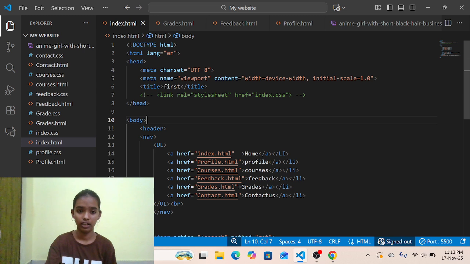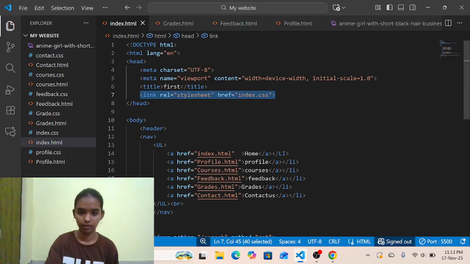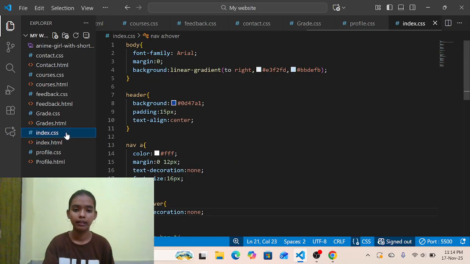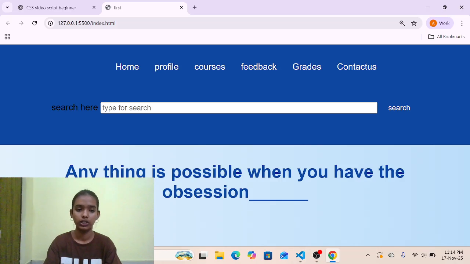Now you can see my project with CSS. That is the difference between without CSS and with CSS.